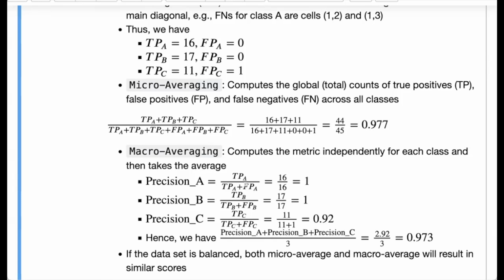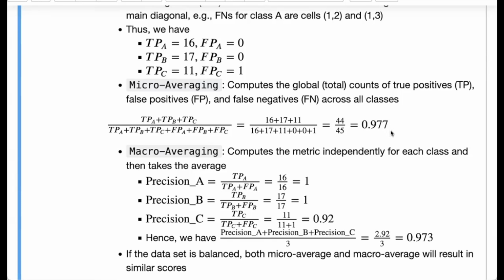In micro averaging, we compute global scores or we use the global counts. So what this means is that precision is true positive over true positive plus false positive. We add all the true positives both in the numerator and denominator, and then we add false positives. So according to this it is 44 over 45, which is